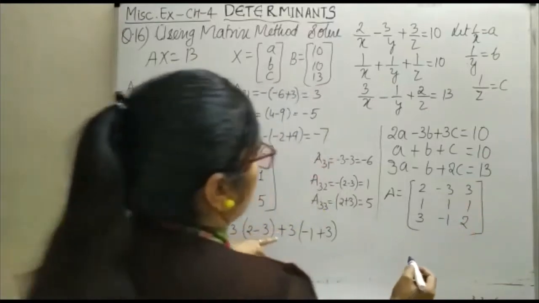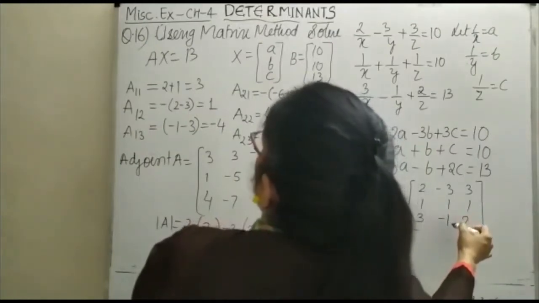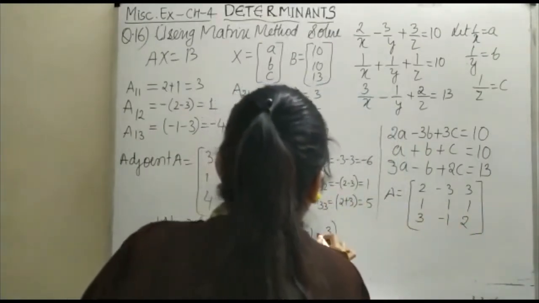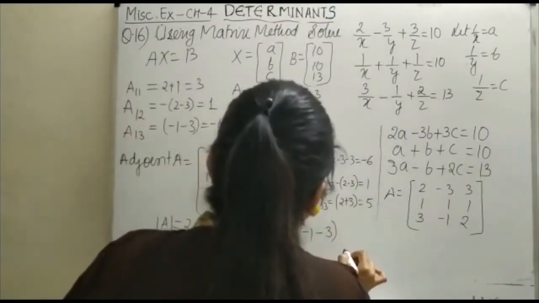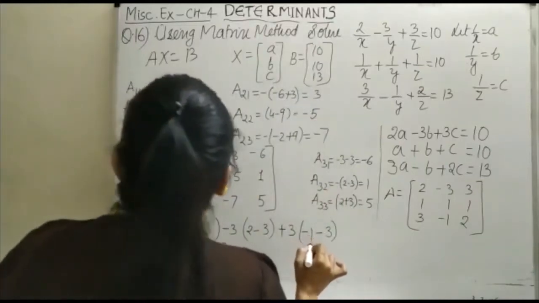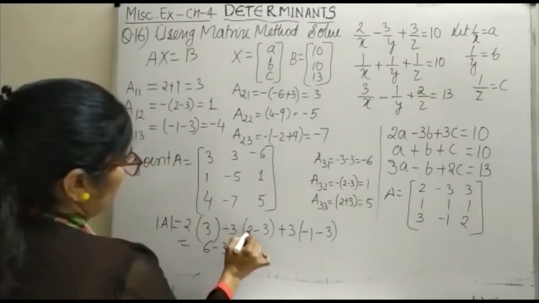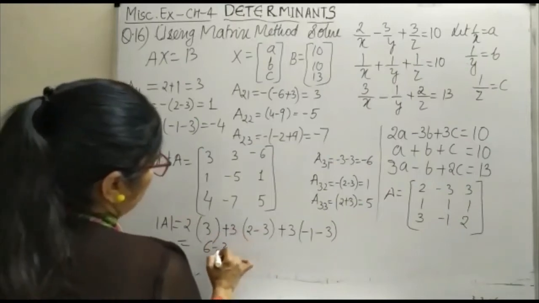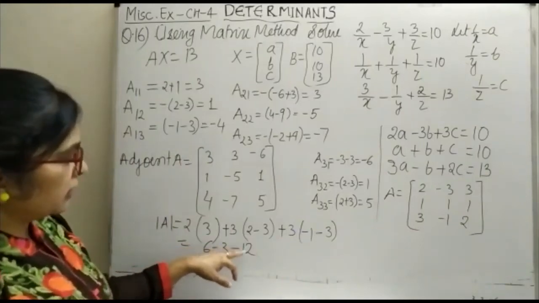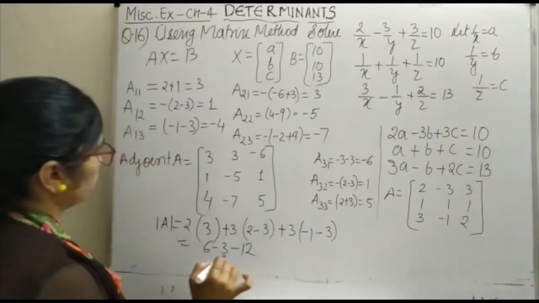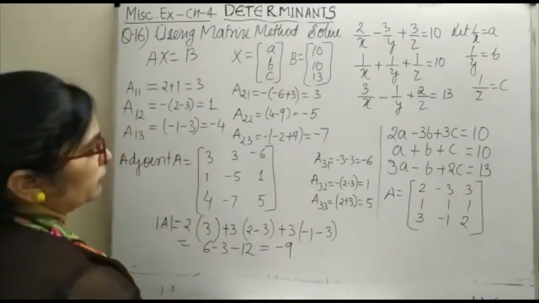and here, yes, this one we can see here, in this it is minus 1 and minus 3, okay, this is minus 1 and here it is minus 3. So you can see here, we are here with, so here it will keep one plus sign, right. So this is minus 3 and this is minus 12. So minus 3 and minus 12, minus 15 plus 6, this is equal to minus 9. So we got the determinant value as minus 9.